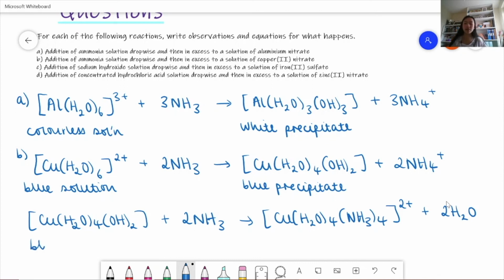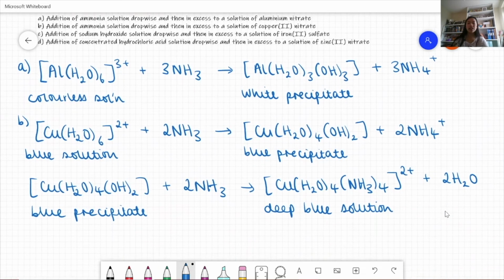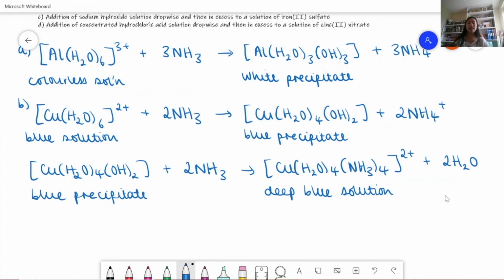So we start off with this blue precipitate, and we end up with a deep blue solution. And when I explained this, I looked at the equation going straight from the starting initial blue solution to the deep blue solution. But this is what the equation would be like if you just asked the equation from the blue precipitate. And then for C, the addition of sodium hydroxide solution dropwise and then in excess to a solution